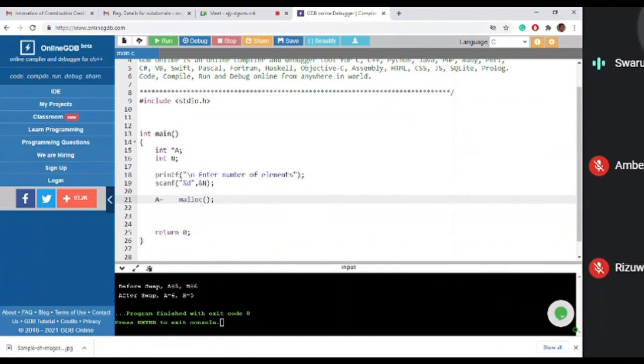What is the parameter of malloc? Sir, size. Size in terms of what?